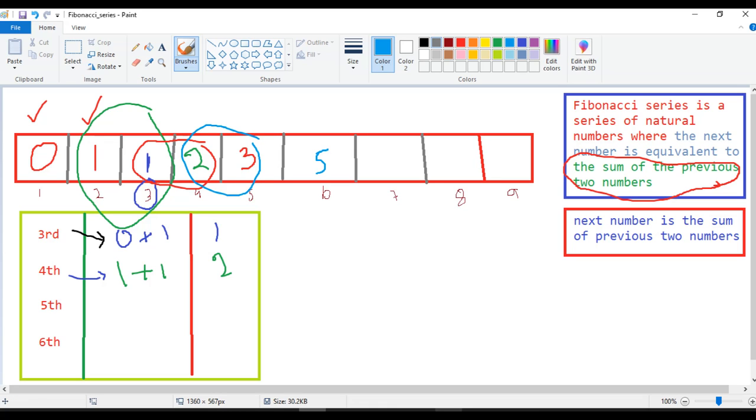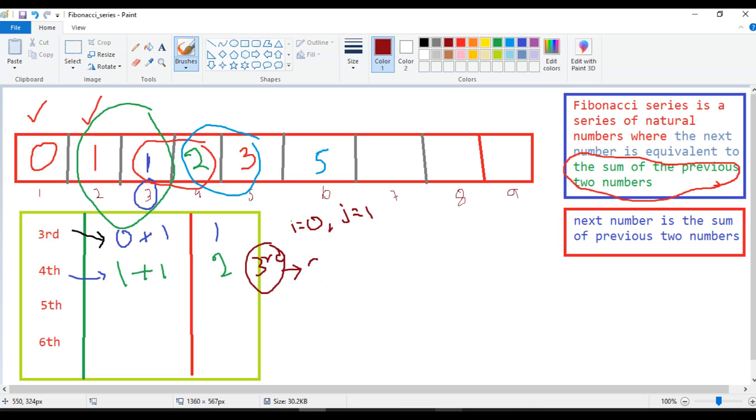Okay, now same logic we will implement programmatically. For that we will conclude here. I already know, right? First two numbers of Fibonacci series 0 and 1, I will take int i is equal to 0, int j is equal to 1. Like that I will take 0 and 1. With help of these two numbers I can get remaining Fibonacci numbers. Okay, suppose, observe carefully, suppose I want third position of Fibonacci series, then how can I get it? I need to perform addition of previous two numbers.